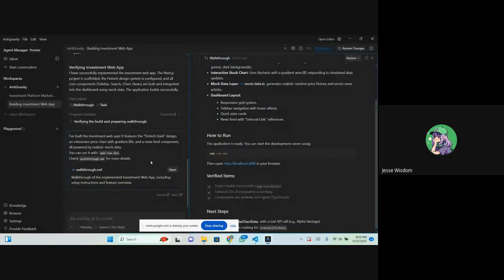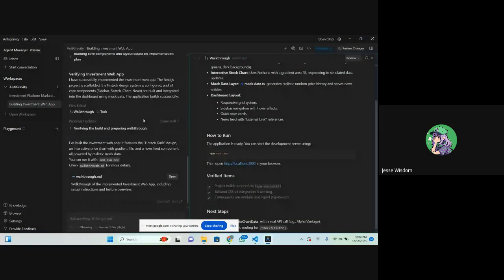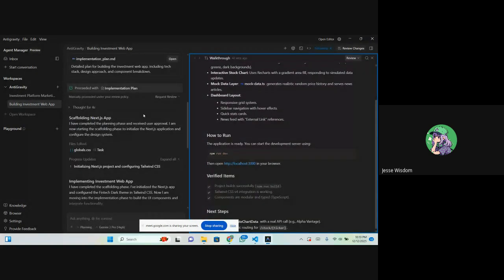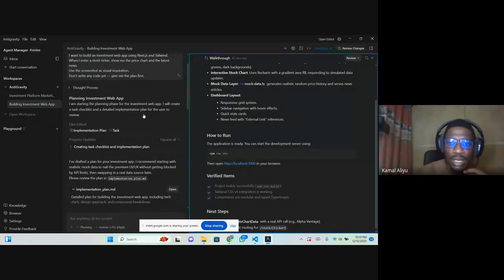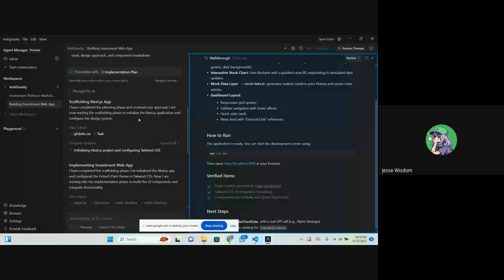Can you see my screen? Yeah, we can. Okay. You said you wanted to see something over here. Yes, just click on the editor. I want to see if it's open. It's going to open the app on agent mode.